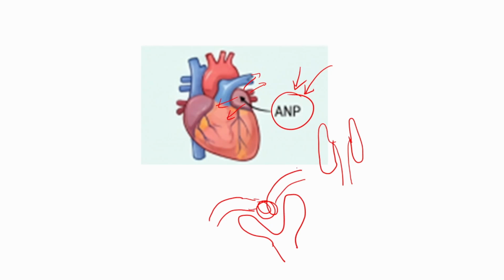ANP actively drives afferent arteriole dilation while simultaneously forcing efferent arteriole constriction. By widening the inflow channel and narrowing the outflow pipe, a massive surge of blood is backed up within the capillary loops, increasing glomerular hydrostatic pressure and successfully driving the filtration rate, or GFR, upward to force more fluid into Bowman space. Moving downstream, ANP executes a triple inhibition of retentive hormones,